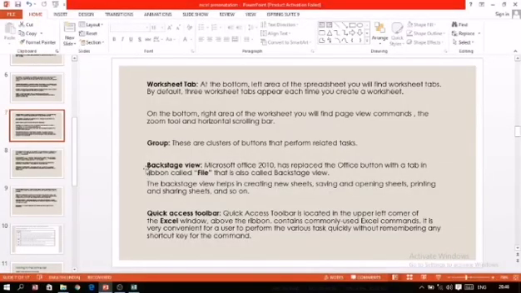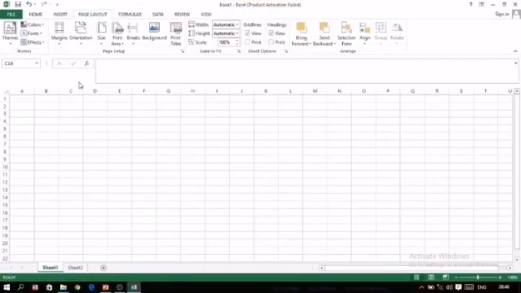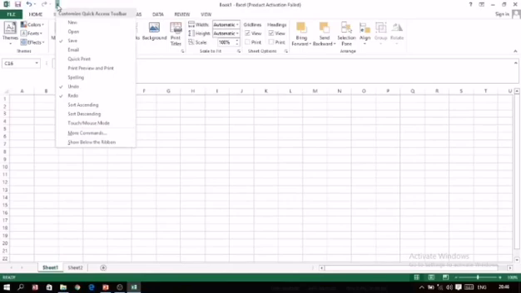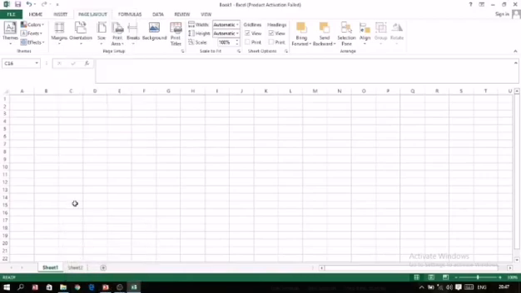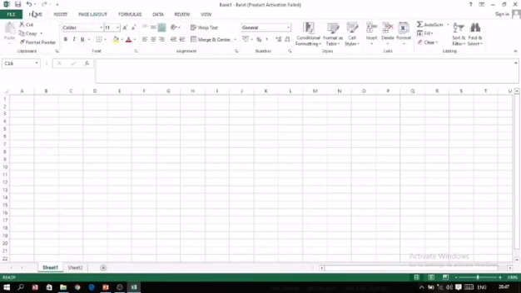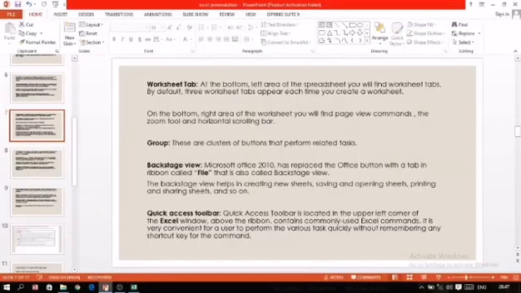The next is the quick access toolbar. The toolbar which is given along with the title bar, towards the left-hand side, is the quick access toolbar. By default, save, redo and undo buttons are given, but if you want to add more buttons, then click on the down-headed arrow and you can select the option. Then those particular buttons will display on the quick access toolbar. Quick access means you can directly access them. You don't have to click on any particular tab for getting those commands. Directly you can access them from here. Therefore, the name is quick access toolbar.